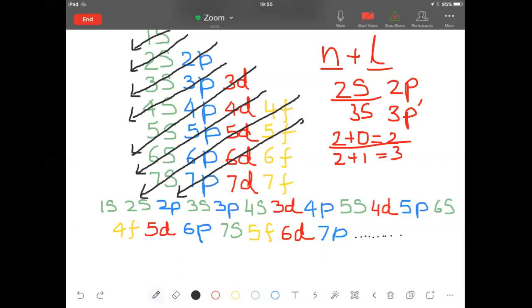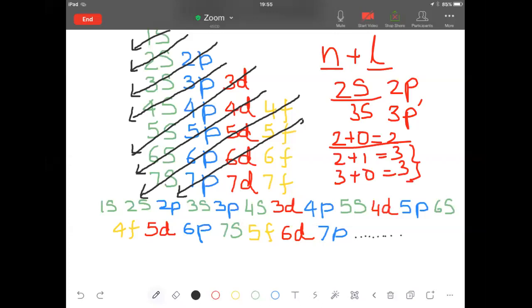So you see, it is following that order. Then it comes to 3, third shell, plus s is 0. So it becomes equal to 3. Now you see, in these two cases, the number is coming out to be 3. So should the two be filled up simultaneously? Will the two be filled up simultaneously?